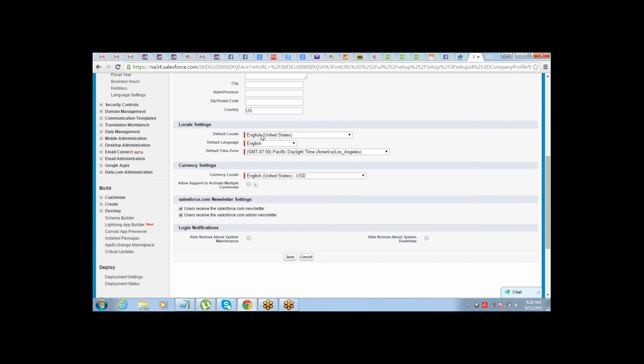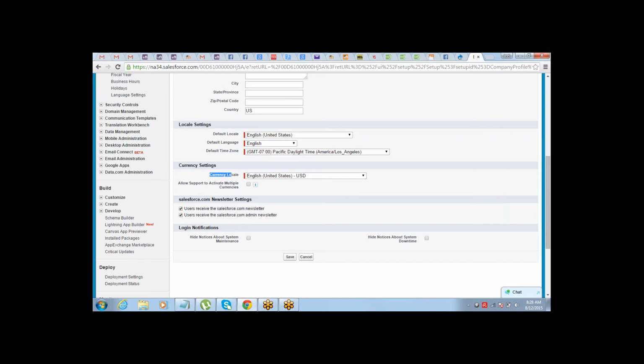That's just for your knowledge. So this language setting, the user can go and change it to his personal language, but that does not impact the overall organization in any way. So that's the reason why it's allowed. And default time zone, again the same thing. There will be a default time zone set for the organization, and the user can have a different time zone. There can be a few users from a different time zone, and they can go and set it to their own time zone.